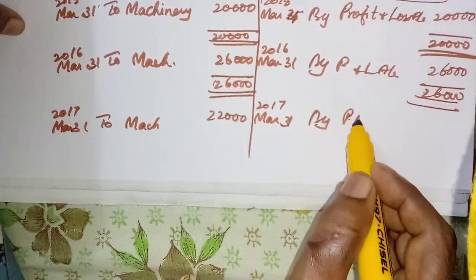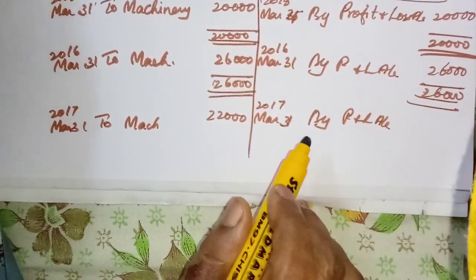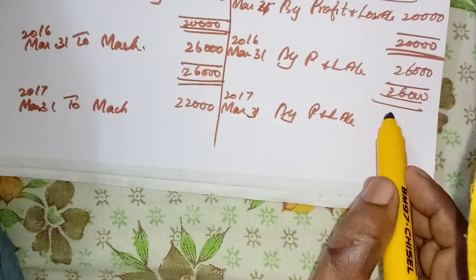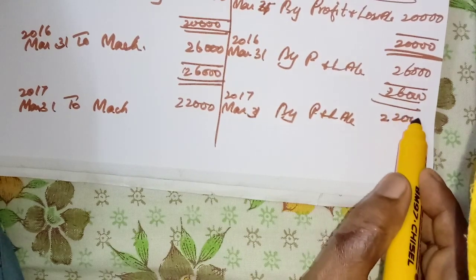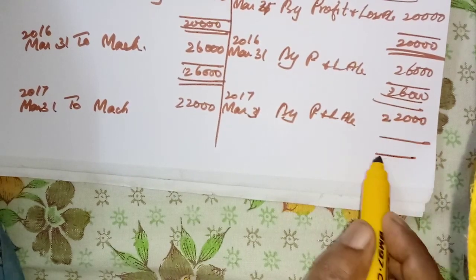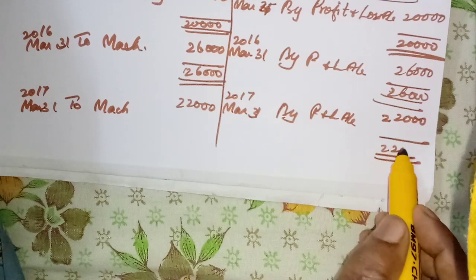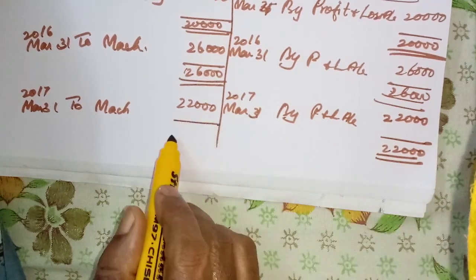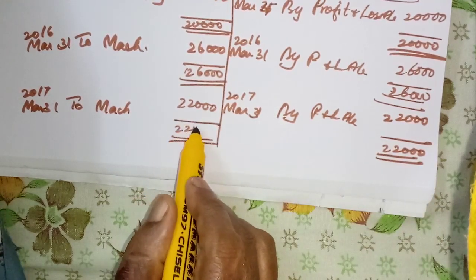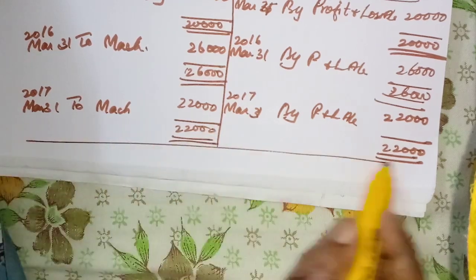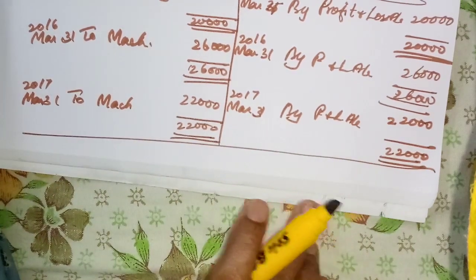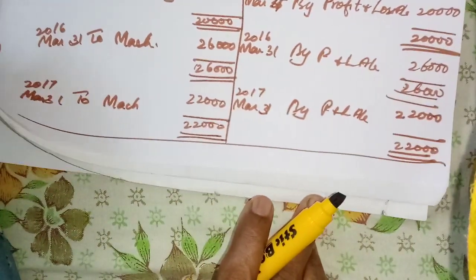By profit and loss account, 22,000. Again, draw double line, single line and write that same amount. So that account also. Okay, now we will learn the next